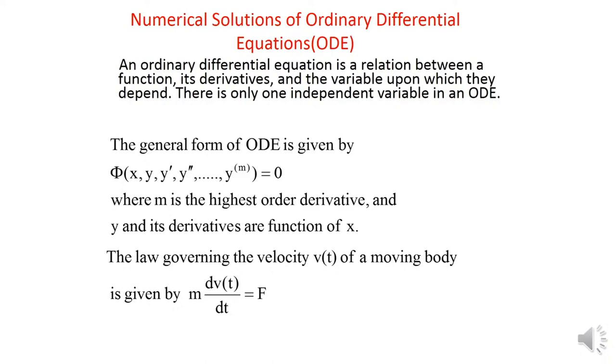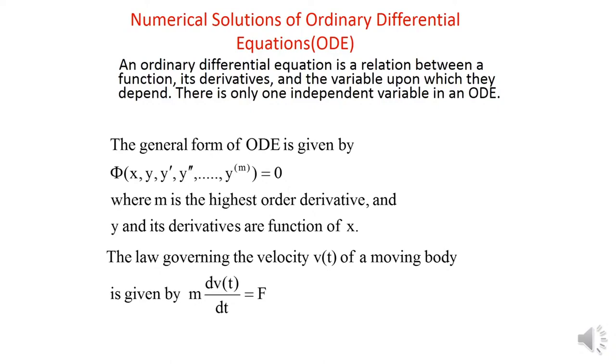So y is depending on x, y is equal to f(x), so x is the independent variable. There is only one independent variable in an ODE. So mathematically we can write it in this form. General form of ODE is phi(x, y, y dash, y double dash, ..., y to the power m) is equal to 0. It means x is independent variable, y is a function which depends on x, and y dash, y double